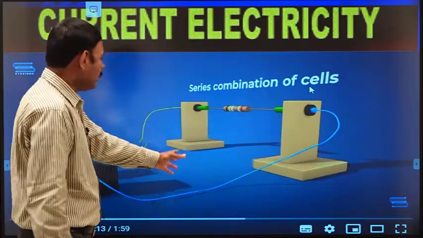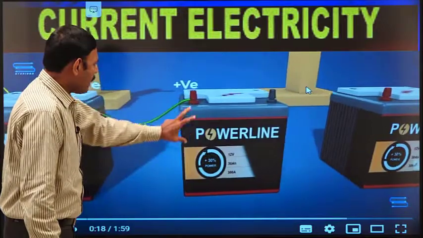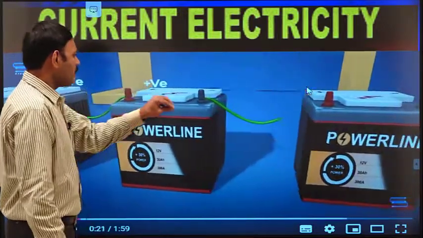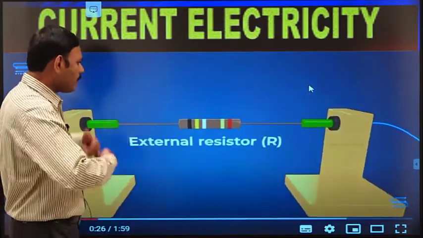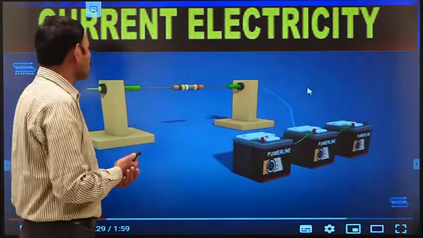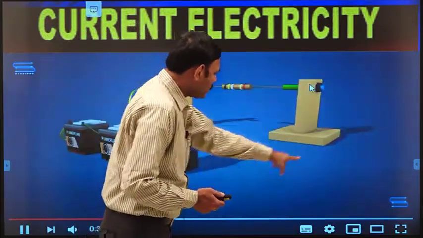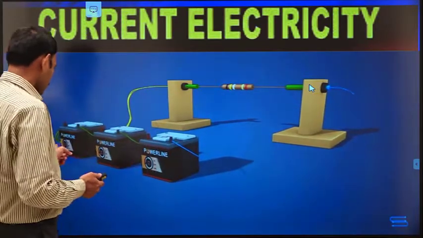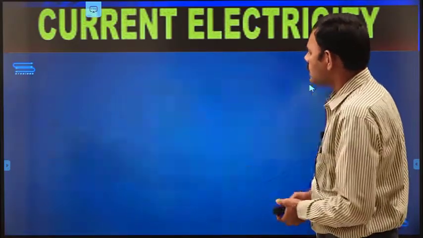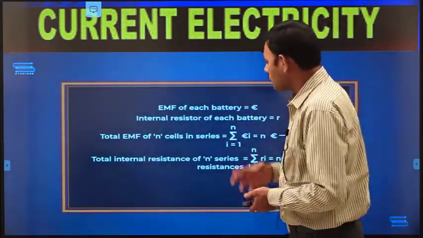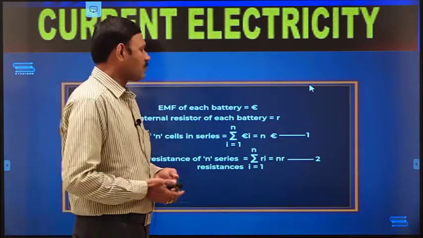Students, behind me there is a video playing. In that video you are observing a battery. A battery is a combination of cells. Suppose you consider this one as a single cell, we are grouping up the cells. Grouping up of cells becomes a battery. Here let us observe this animated video. Here we grouped up 3 cells. When you group up 3 cells in any way, it becomes a battery, and that battery is useful to do sufficient work for us.